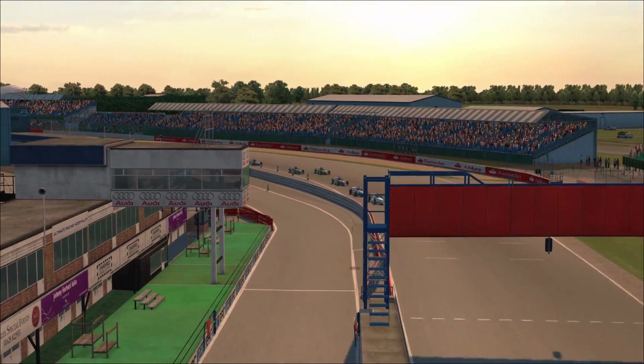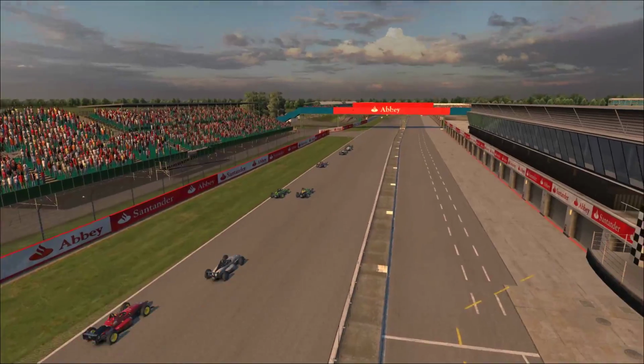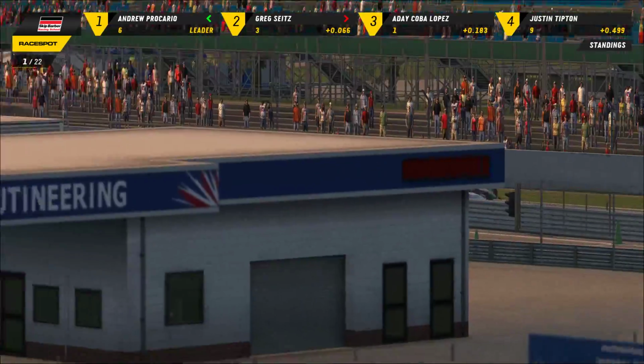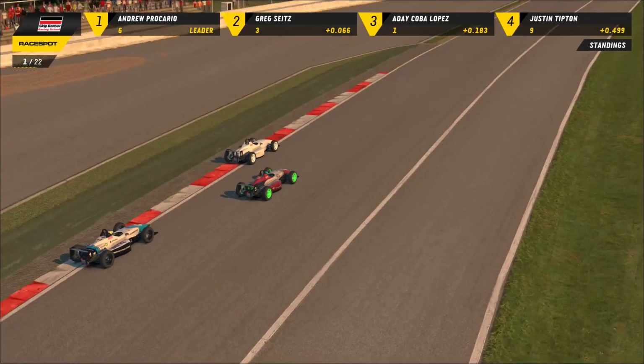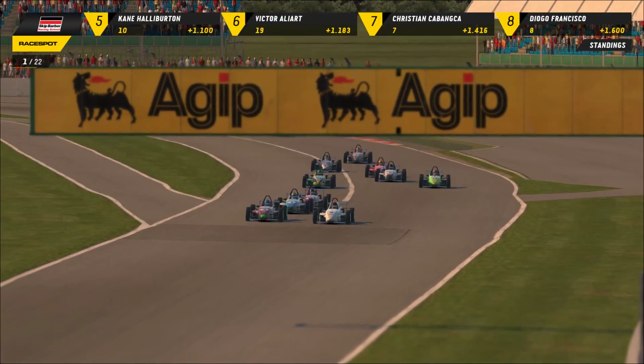Certainly is. Now Greg Sykes going here into turn number 1 with the lead of the race, but Andrew Procario already now looking here to the right side and looking to take that position going into Cups, and he takes it. And Alex Lopez a little bit too close, but managed to check just in time. So Greg Sykes is still safe, and Andrew Procario into the lead,